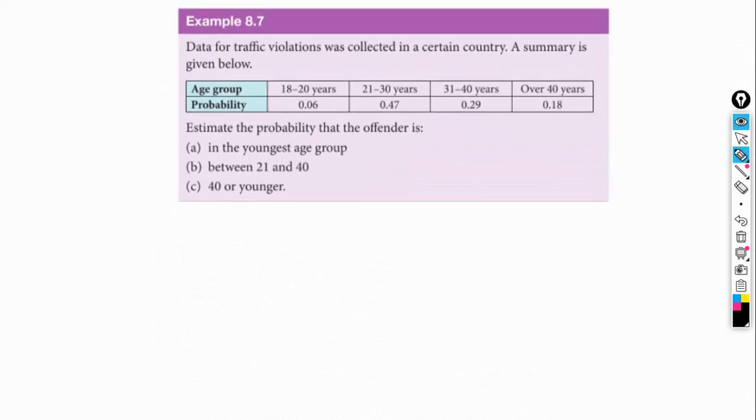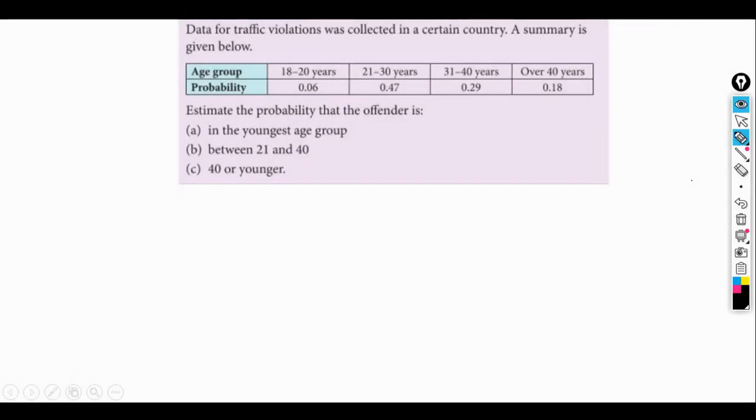So now let's take a look at example 8.7. It says, data for traffic violations was collected in a certain country. A summary is given below. So we have a table with age groups: 18 to 20 years, 0.06 is the probability, or 6%. 21 to 30 years is 47%, or 0.47. 31 to 40 years is 29%, or 0.29. And over 40 years would be 0.18. Estimate the probability that the offender is in the youngest age group. So that would simply be